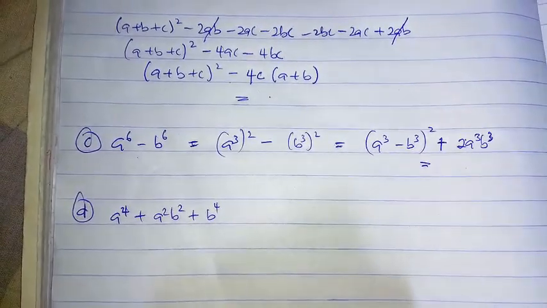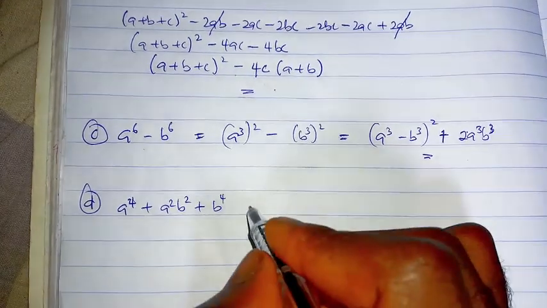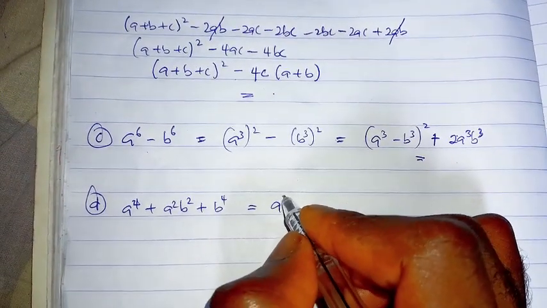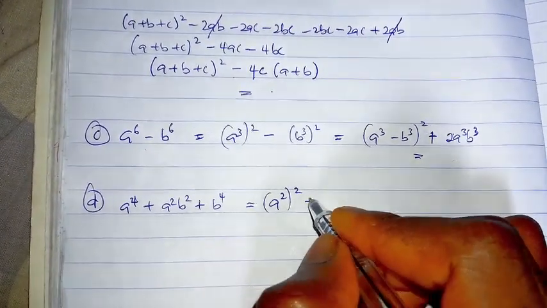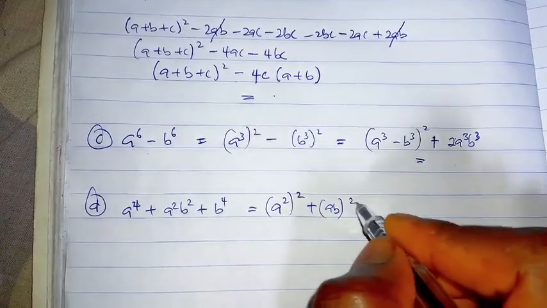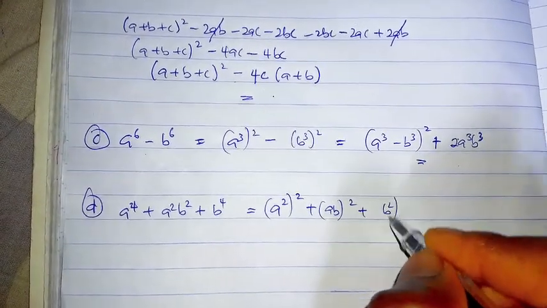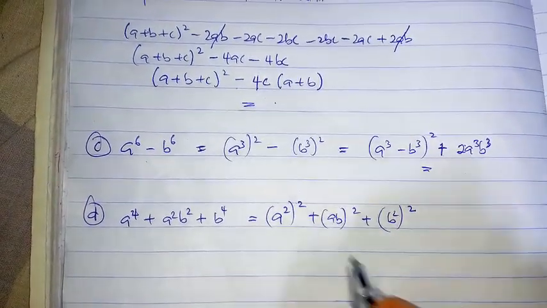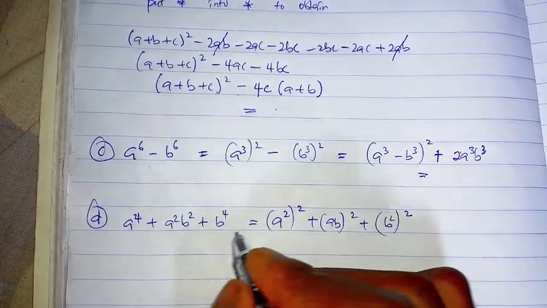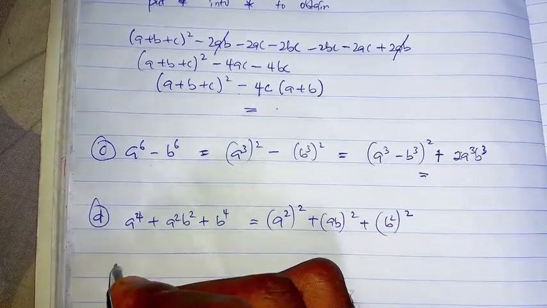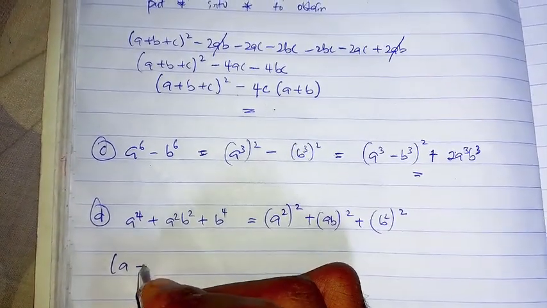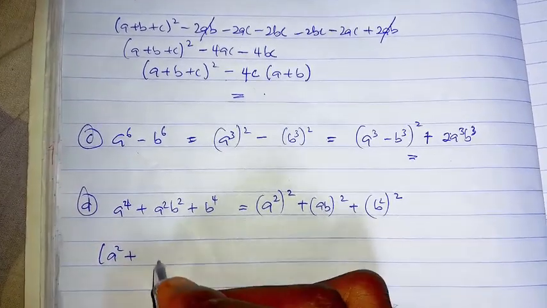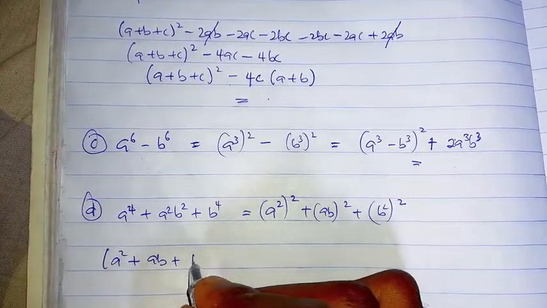4. Now look at this properly. This is the same thing as a raised to power 2, or raised to power 2 plus ab, or raised to power 2 plus b raised to power 2, or raised to power what? 2. Now the new highest power is what? 2. So I can say that this is the same thing as a squared plus ab plus b squared, all